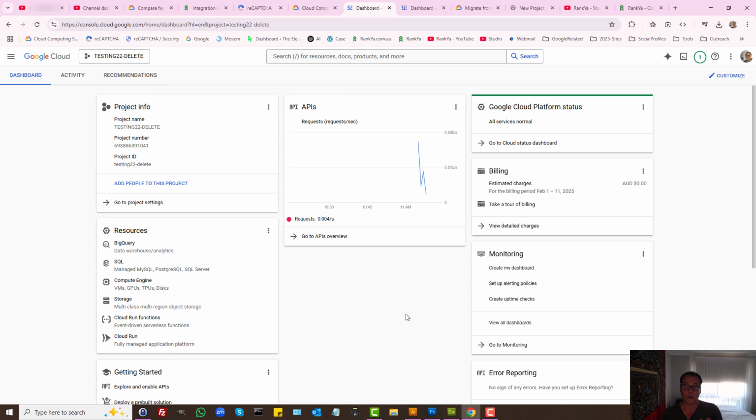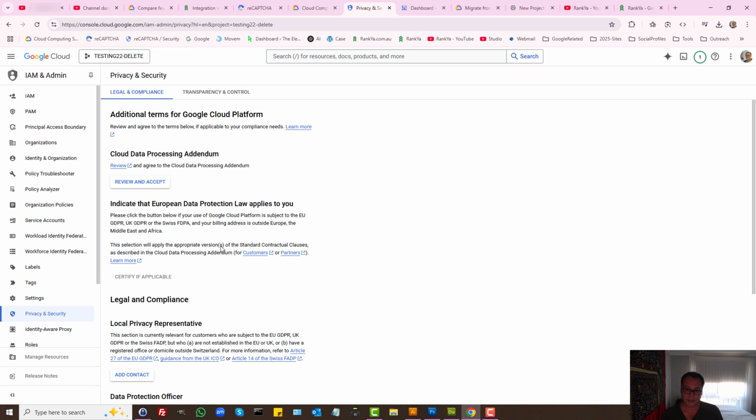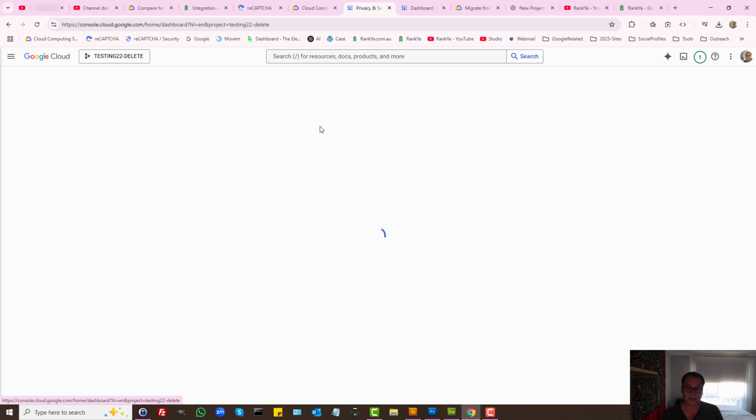Then, before we start using Google Cloud reCAPTCHA, go to Project Settings. Here, press on Privacy and Security, because to be able to use Google Cloud reCAPTCHA, we need to read through these very important terms and conditions. Once you've done that,